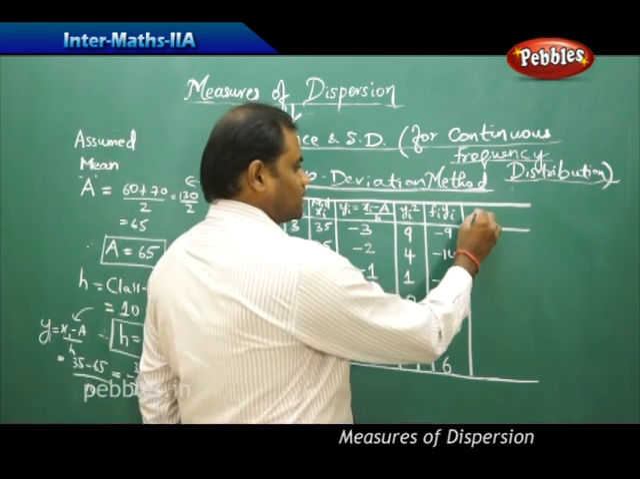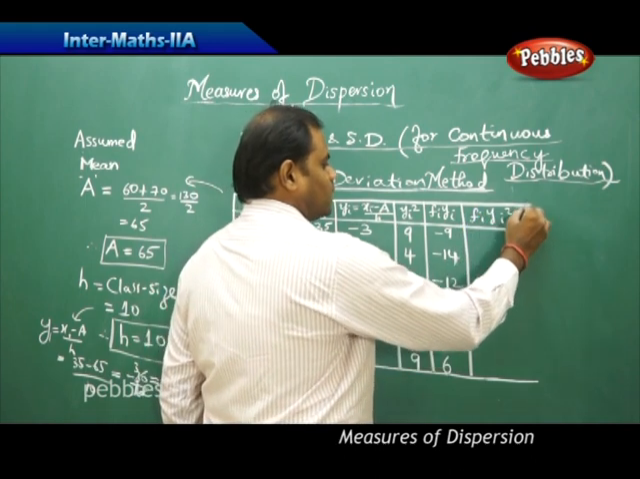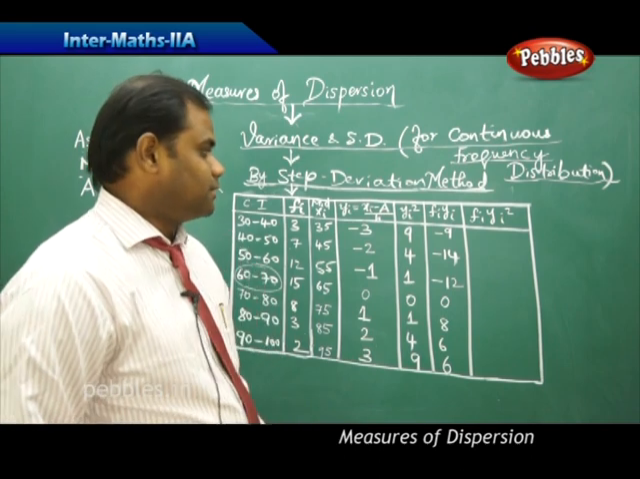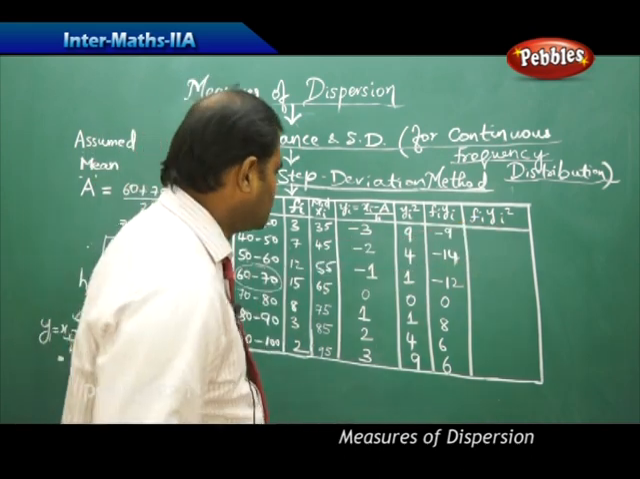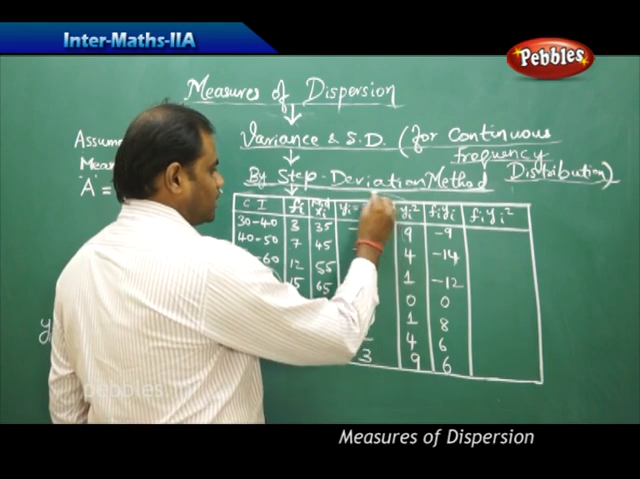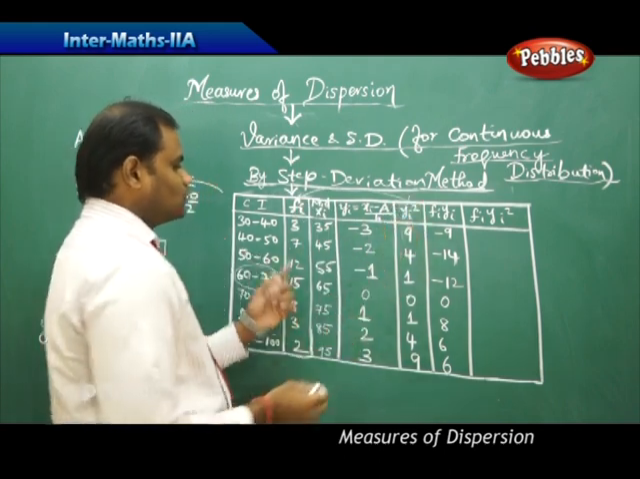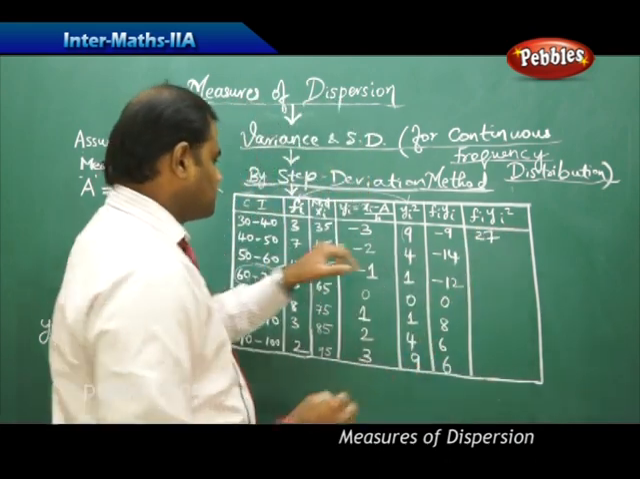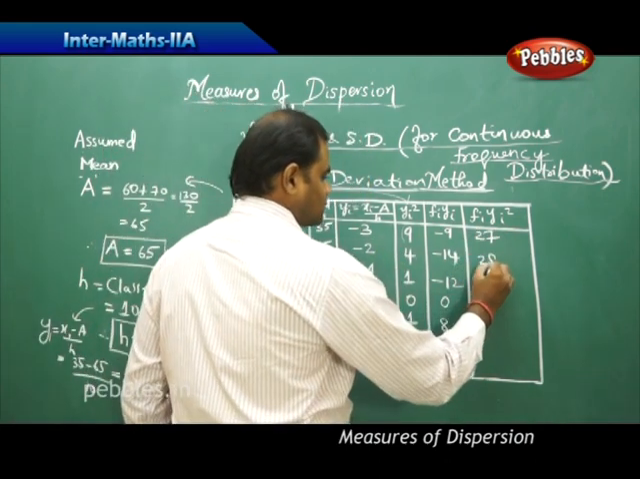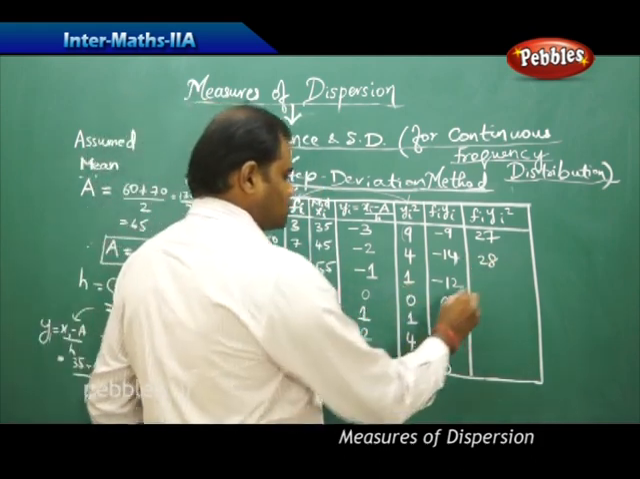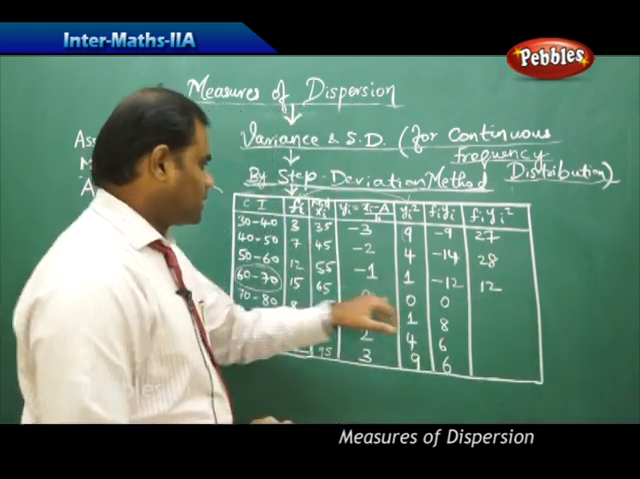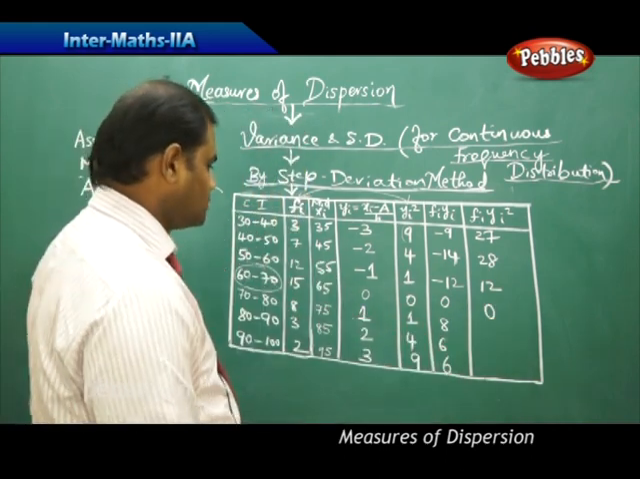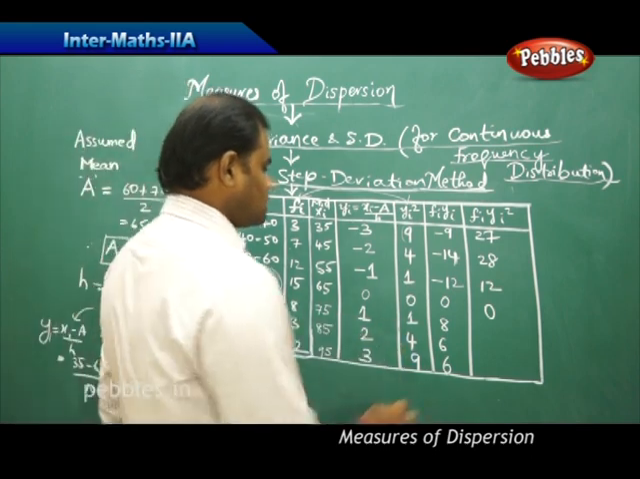Also I would like to find fi yi square, and then finally find the variance and standard deviation. So how do I find fi yi square? Now that I have found yi square and fi, I'm going to multiply these two, where 3 times 9 is 27, and 7 times 4 is 28, and 12 times 1 is 12, and 15 times 0 is 0, and 8 times 1 is 8,